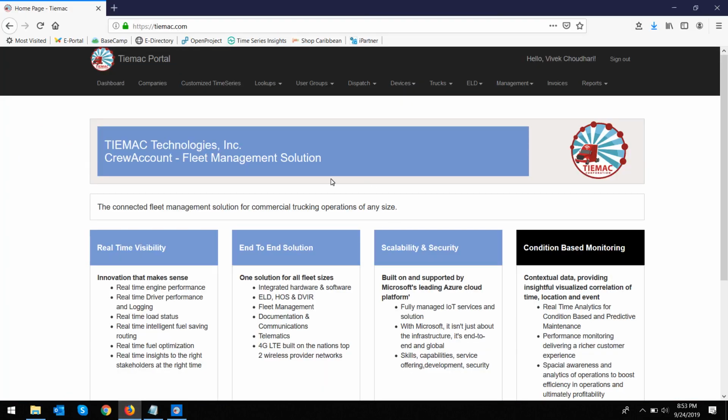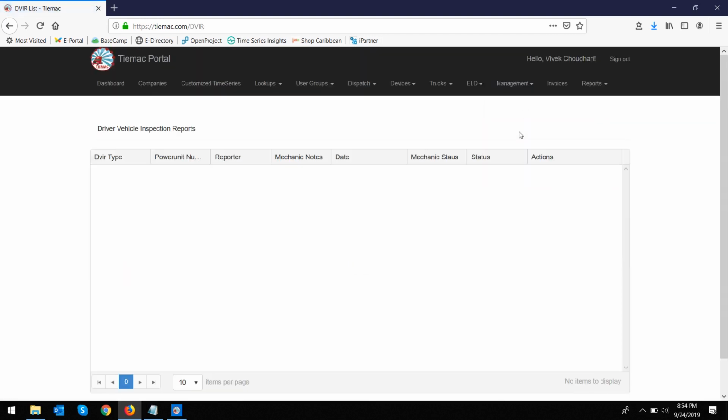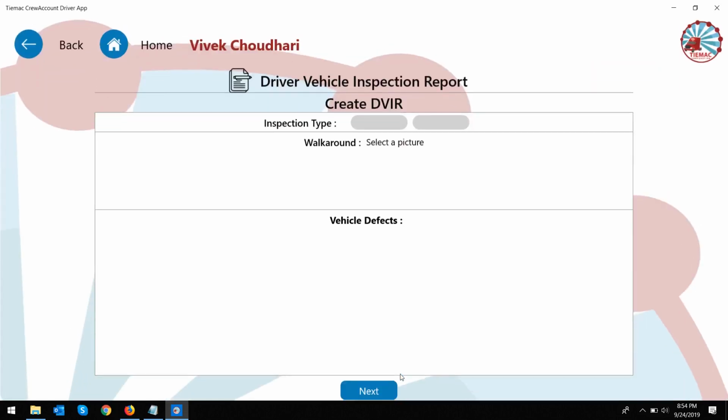This is the Tiemac portal for fleet management solution. Here we will see in management there is a DVIR, and in DVIR the admin currently has no entry in his list. So when the driver creates a record from here, it is entered in the web. So, starting with add a report,